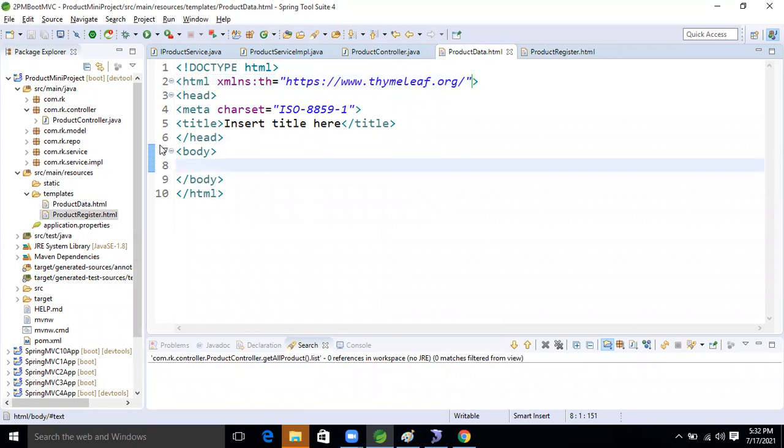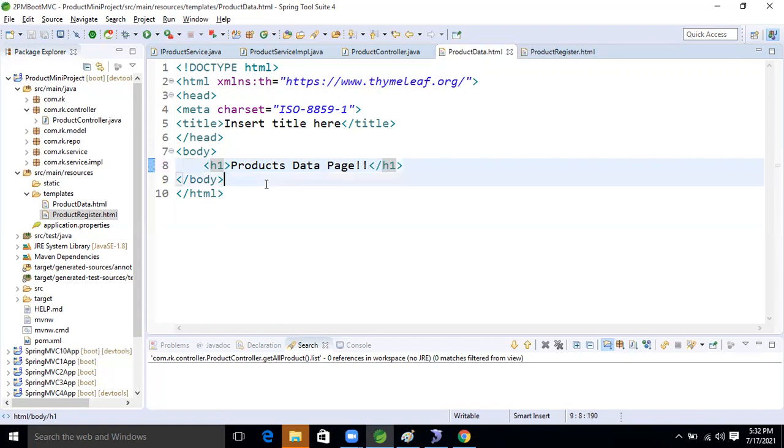Yes, Ravi, correct. Okay, good. So let's take an h1 equal to Products data page. Good. Okay, fine now, guys.